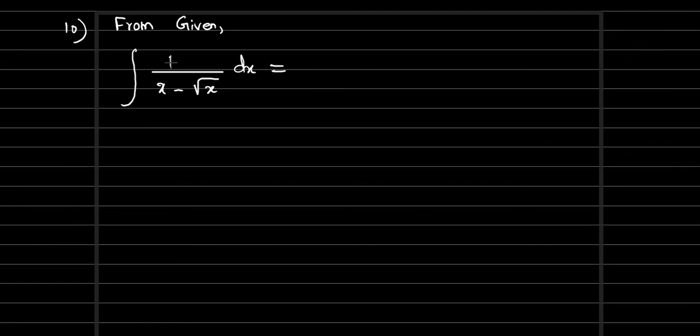So how can we do simplification here? One thing is, x we can write in the form of root x into root x. Then we will take root x commonly outside. So integral 1 by x is a root x into root x. So root x I'm taking outside. Next one more root x will be there. Here only one root x we have, so if we take outside, here it will be 1.